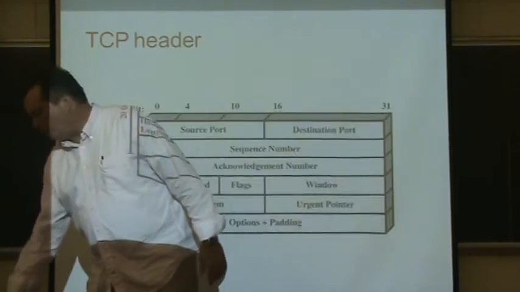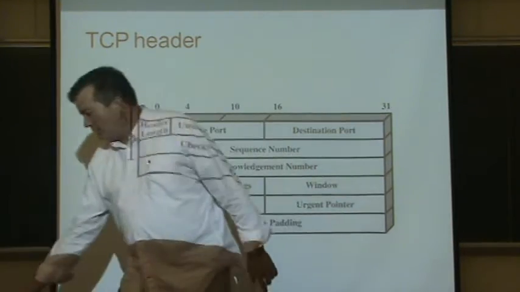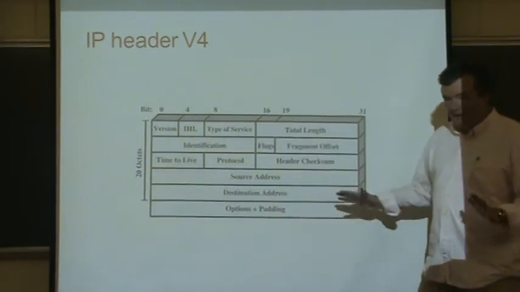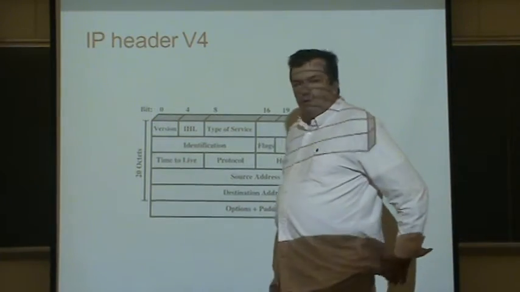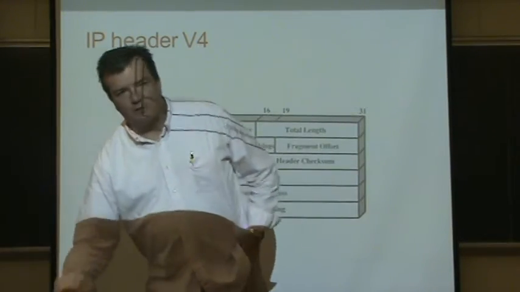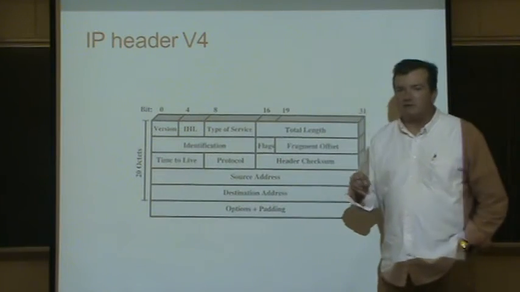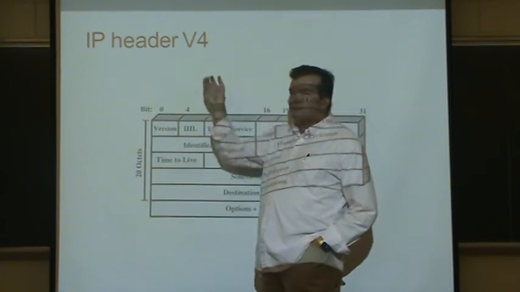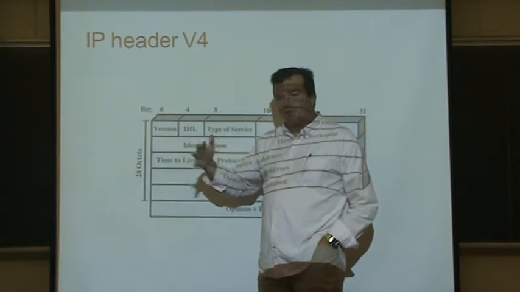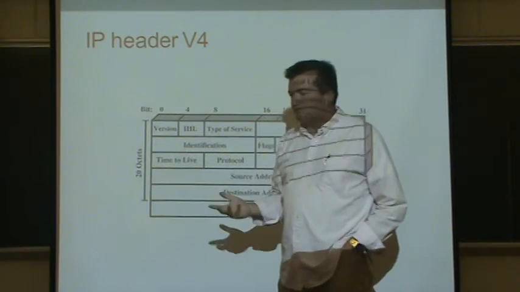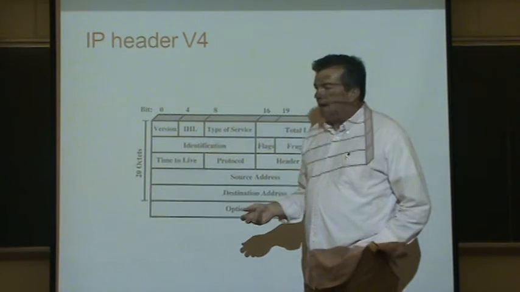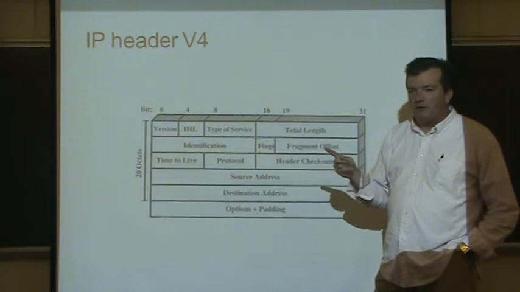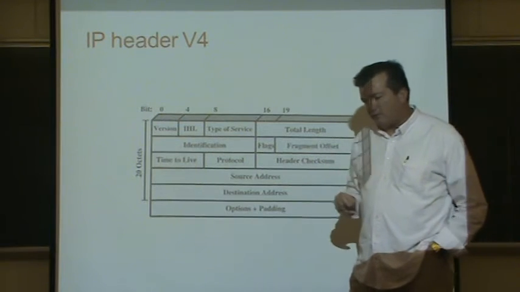Now we have to connect your machine to their machine, so we slap on another header called the IP header. I think we talked last class about IP addresses, and how there were 4 versions of the Internet Protocol. When they got to the 4th version, they said, oh, this one's good, this one will last forever. This is a protocol that uses 32-bit numbers to identify every machine on the Internet.